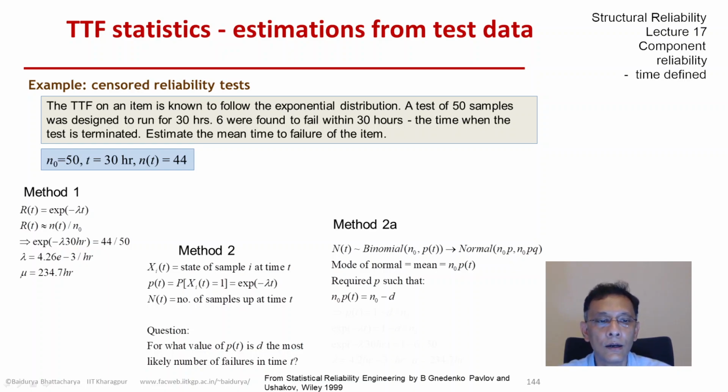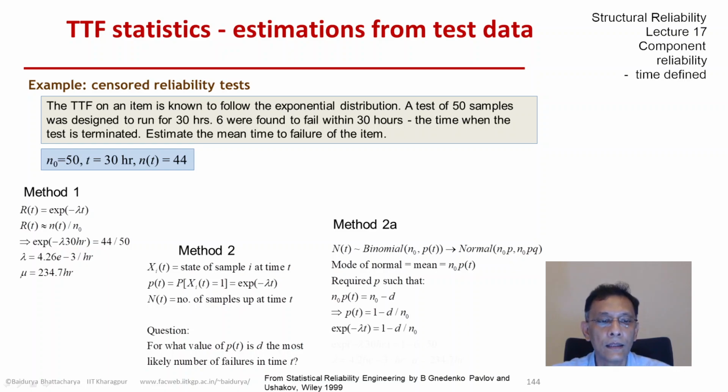So our equivalent statement is that what value of p gives me the number of survivals, most likely to be 44, because that's what I have observed, which means what value of lambda would give me that. That is the meaning actually. So that gives me p of t would be 1 minus d over n0, just rearranging,